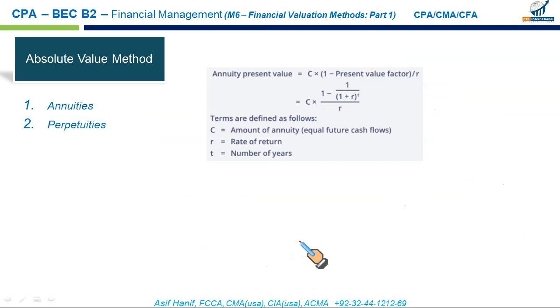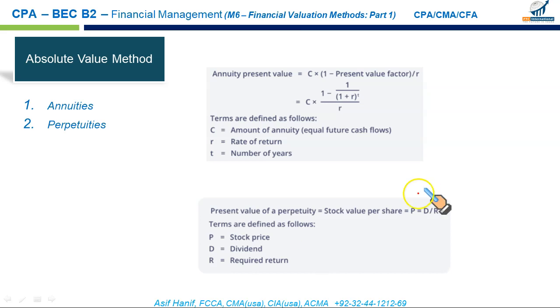If the cash flows go on and on till eternity, cash flows last till the end of time, then how do we discount this? For this, we have a very simple formula. Take the amount in the numerator and divide it by the rate in the denominator. You will get the present value of the perpetuity. This is specifically relevant for preferred stock, because preferred stock gives a regular fixed dividend and you divide it by the rate. So this will give you the present value of the preferred stock, or the present value of the perpetuity.